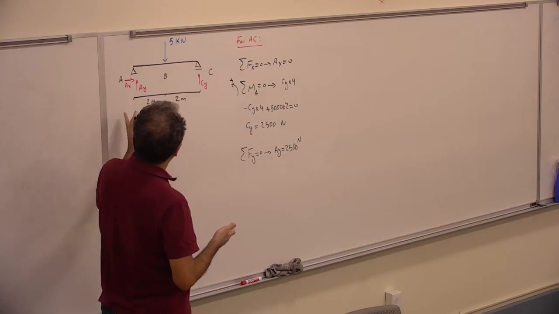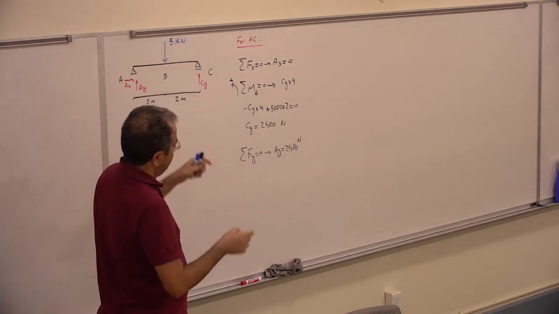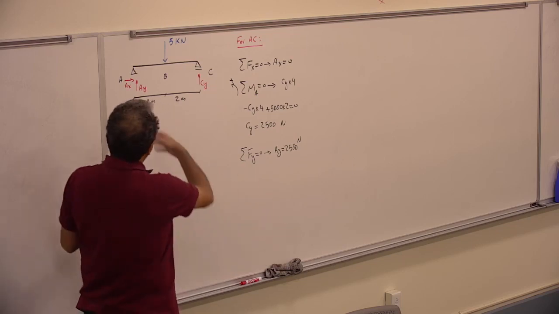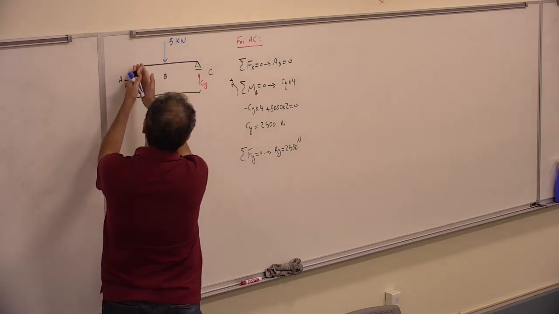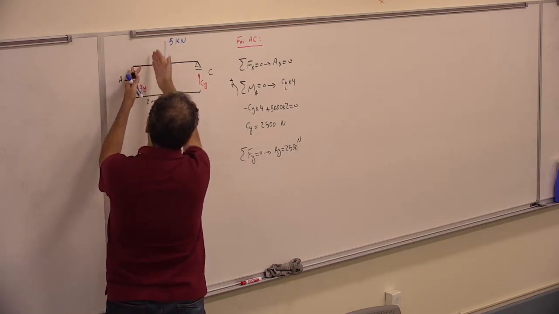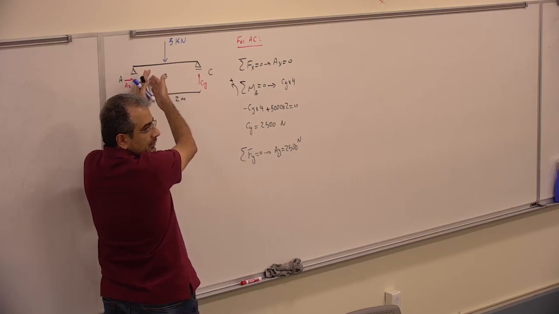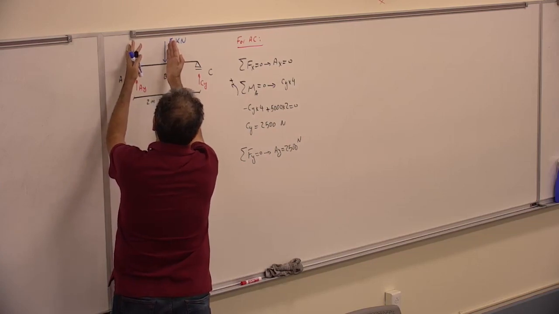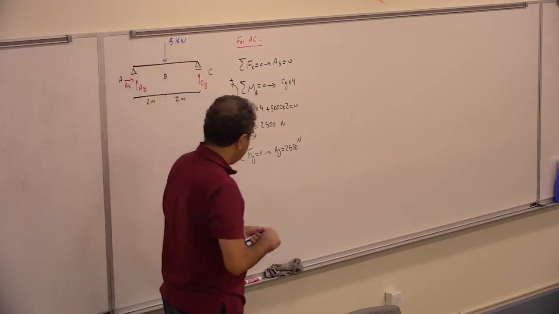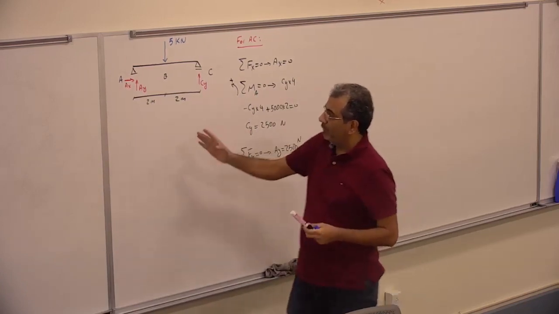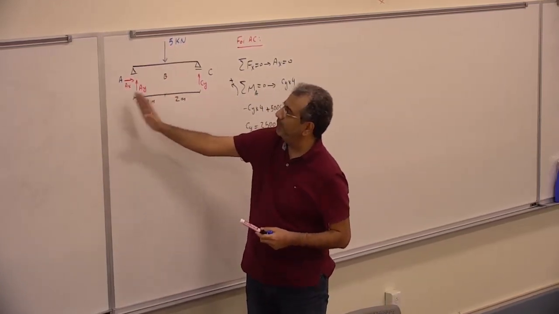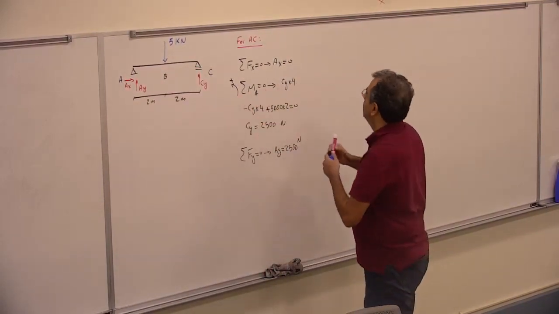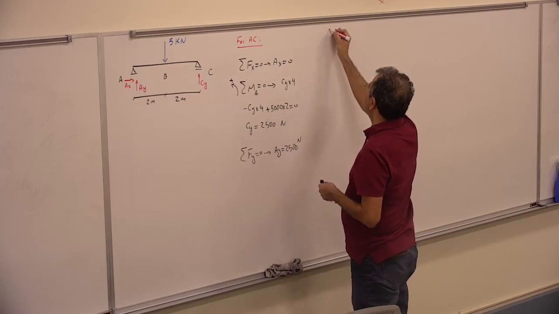So now I want to find the equation for the shear and the moment. I have to cut any time that I have a change in the force. If I start from here, there's a change in the force, so I have to have a section there. Basically between these two concentrated forces, I have to cut somewhere in between. We don't know exactly the position, but we know that it's going to be somewhere in the AB region. So I would say for AB,